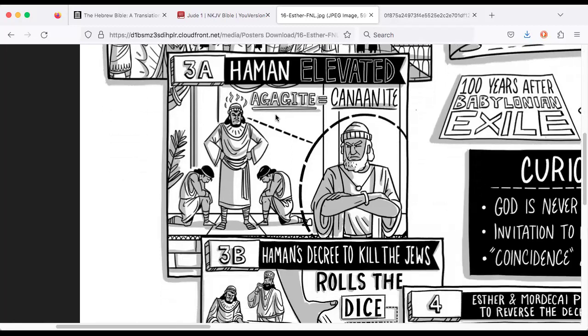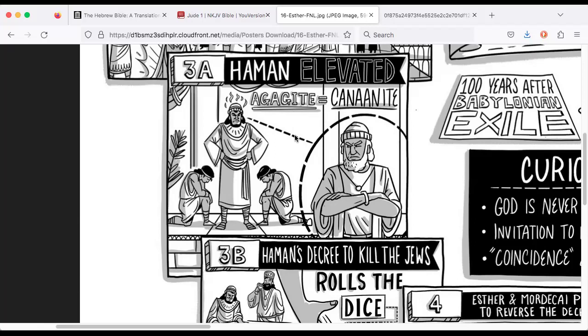Now, there's a guy named Haman, who's going to be the villain of the story, and he's what they call an Agagite. And next week we're going to get into exactly where that word Agag comes from. He's actually a traditional enemy of God's people, from the Amalekites. They're from the Canaanites. So from hundreds and hundreds of years ago,